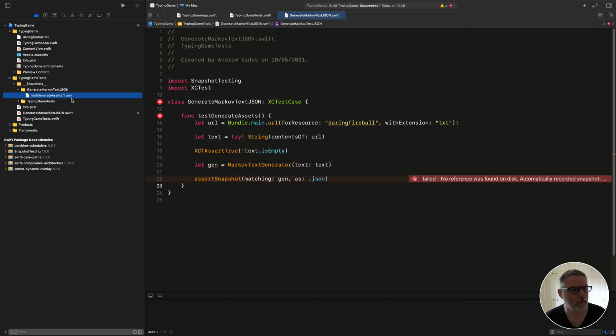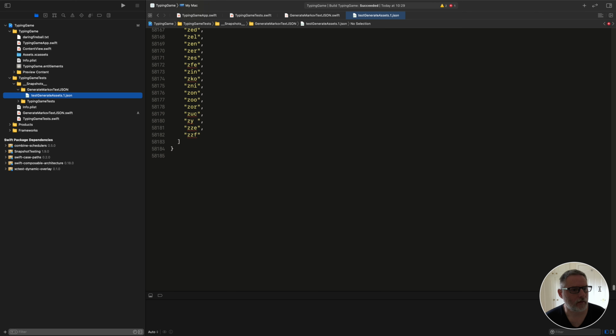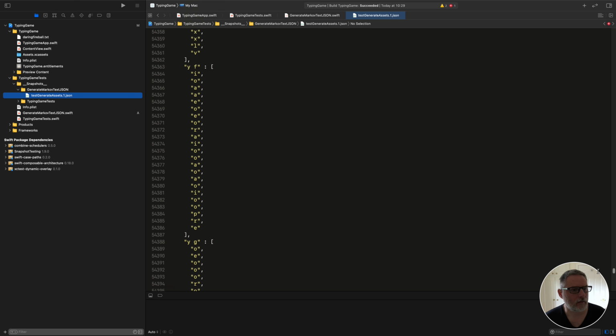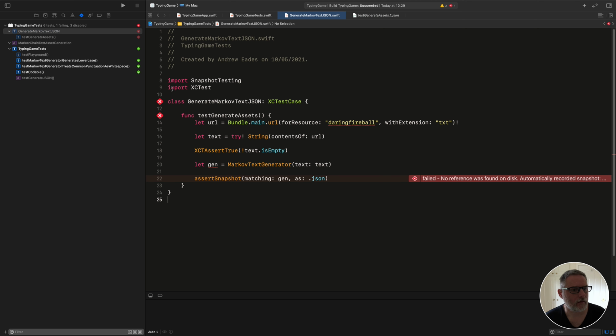Now we've got some assets. This is the full Daring Fireball. So it's pretty big, and we probably don't want to keep testing that. But it's 58,000 lines of JSON, which is why we switch it off after using it. So whenever we want to generate something, we can just run this test, and actually the side effect of that is we build a file, which we should then